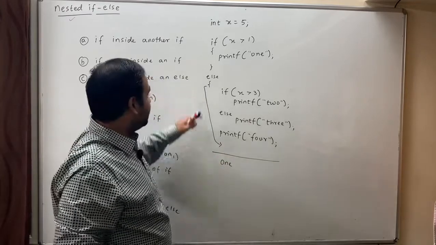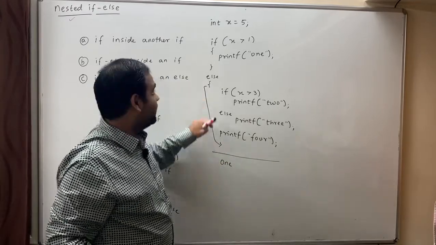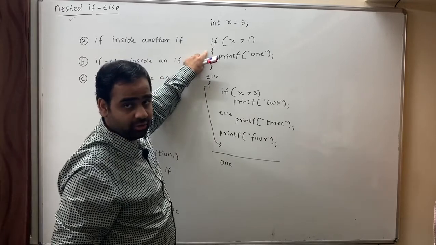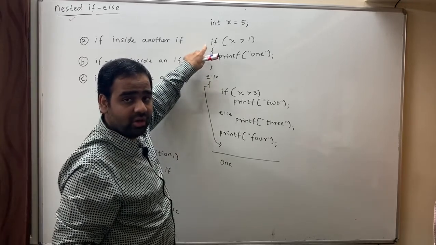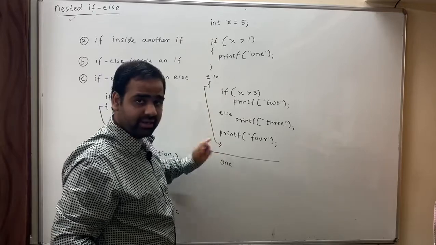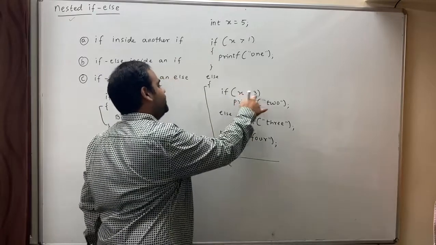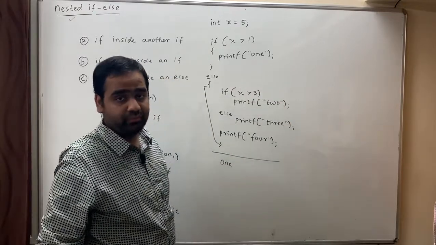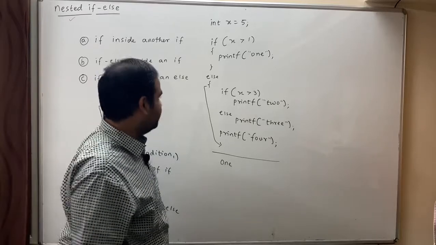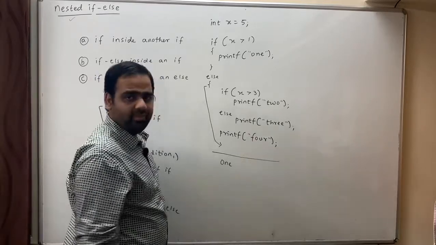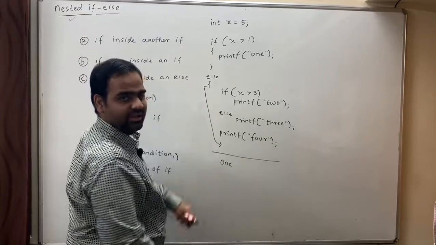Now see over here, the body of else should not be executed since the body of if is executed. Since the condition is true, if got executed, else should not be getting executed even though the condition x greater than 3 is true. Is that okay? Now let's see. printf 4 also won't be executed because it is a part of else.